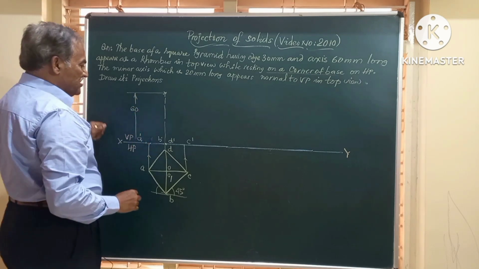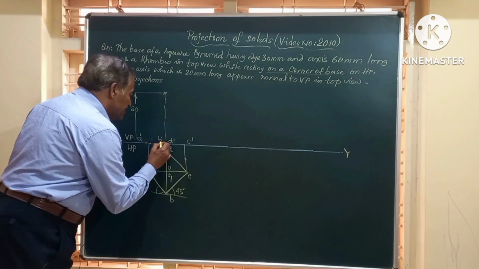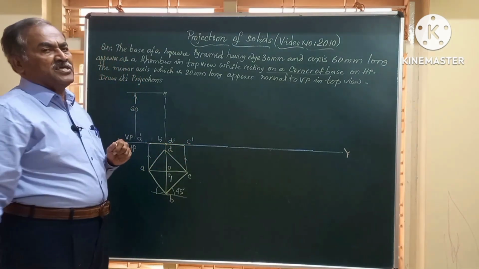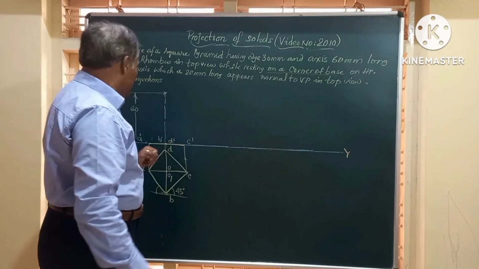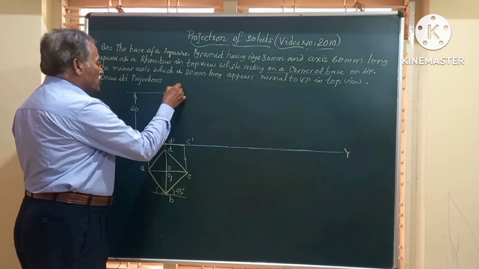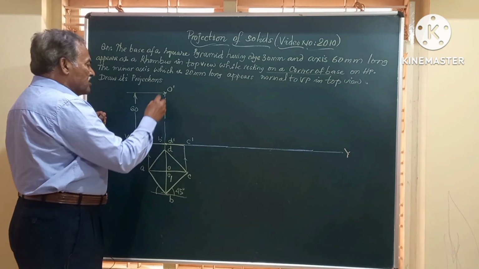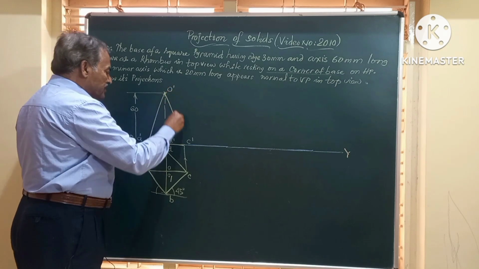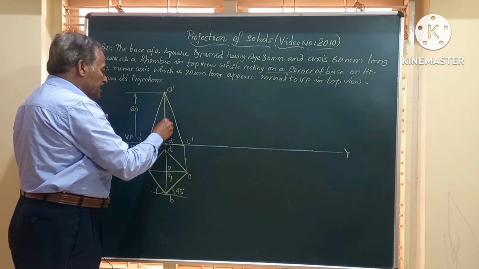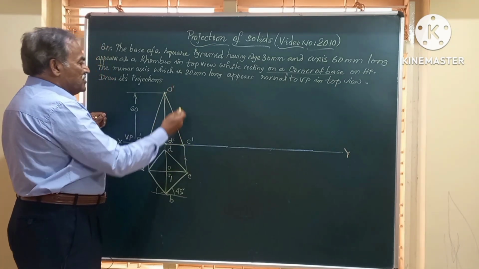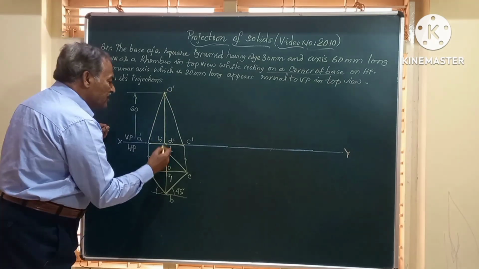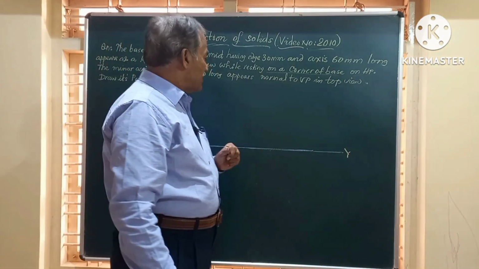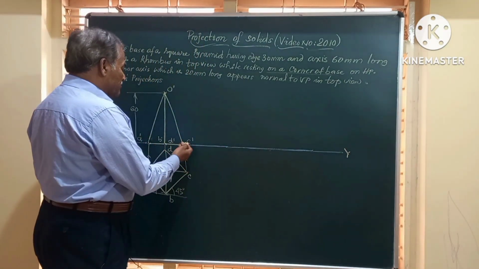solid. Friends, the line A dash C dash on XY represents the base of the pyramid which is on HP. So this is vertex O dash. Join these to all the corners. So I am going to join O dash to A dash, O dash to C dash, O dash to B dash and O dash to D dash. So friends, this figure will give you the front view of the square pyramid while resting on its base on